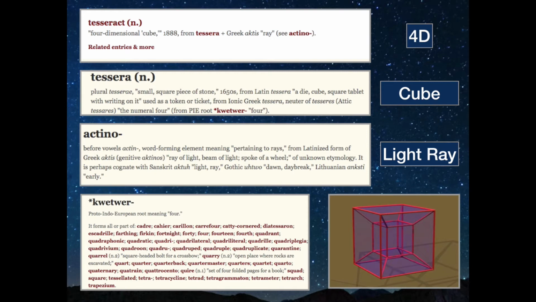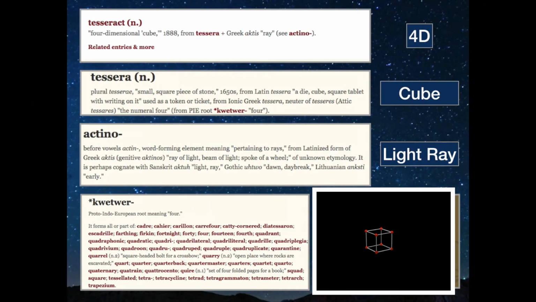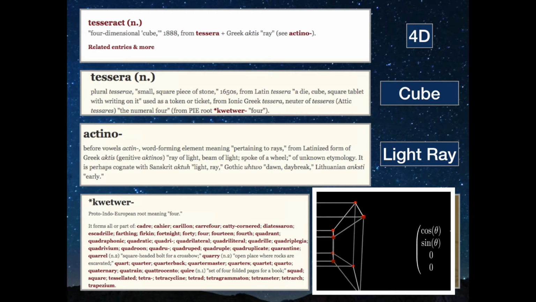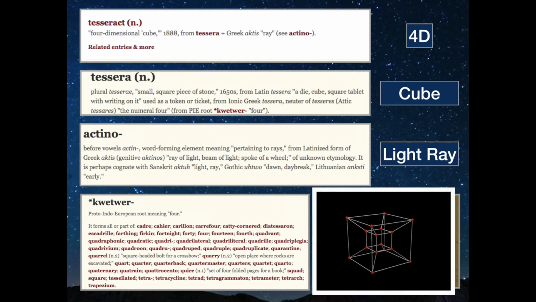Okay, now we're going to talk about a square. This is going to be the most important shape we're going to discuss in this presentation. The tesseract is a four-dimensional cube, and the word comes from tessera and actino. Tessera is a small square piece of stone, Latin tessera, a die or a cube. And actino, these are the etymologies we're looking at here, was a word meaning pertaining to rays, actis, a Greek word,